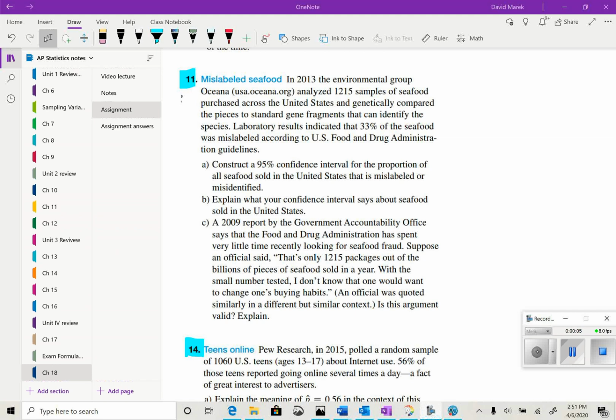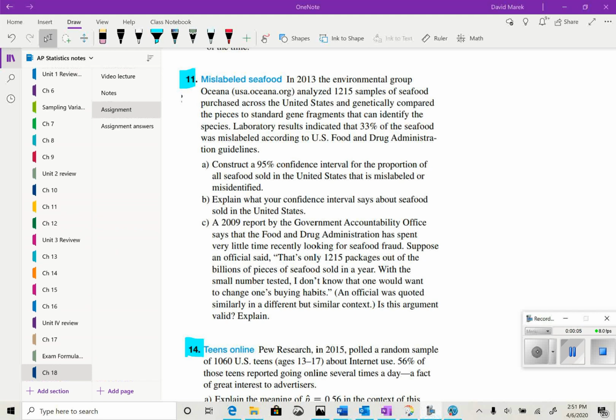So let's dig right into number 11. They're telling us in the 2013 analysis, 1,215 samples of seafood purchased across the U.S. found out that 33% of it was mislabeled. What? Goodness gracious, that's scary. For Part A, construct a 95% confidence interval for the proportion of all seafood sold in the United States that is mislabeled